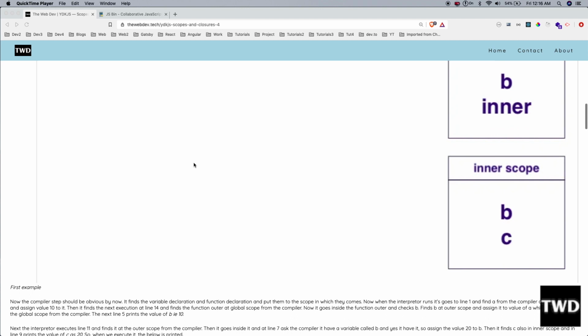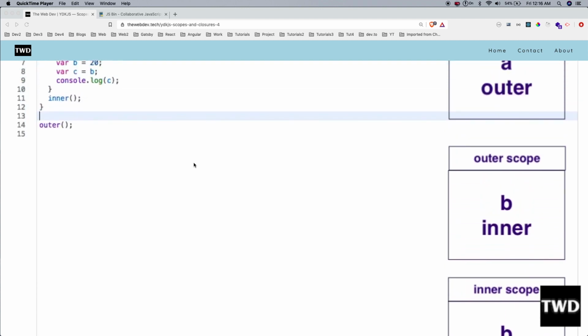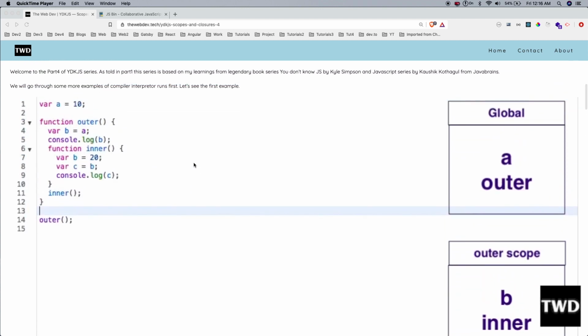The interpreter only looks out for assignments and executions. Where a is assigned, it asks the compiler whether it has a var a. Yes, it has, so it assigns 10 to it. Then there is no execution, so after line 1 it comes directly to line 14.